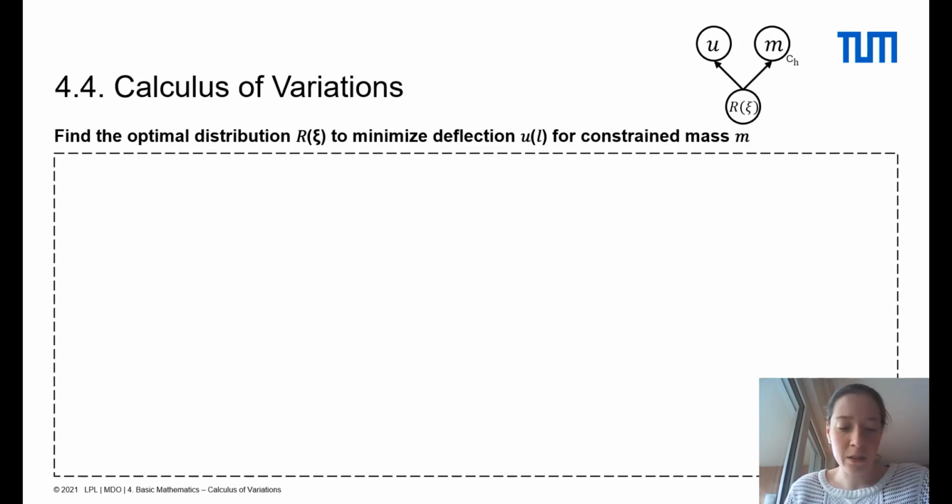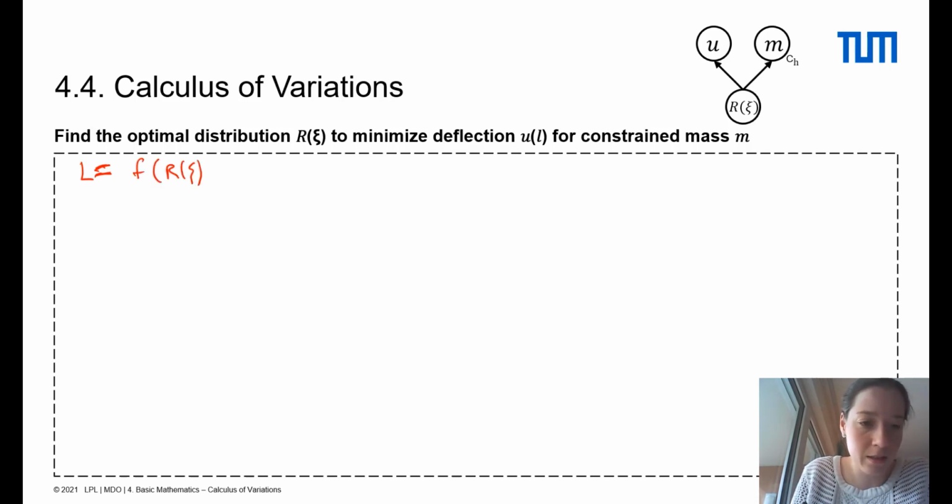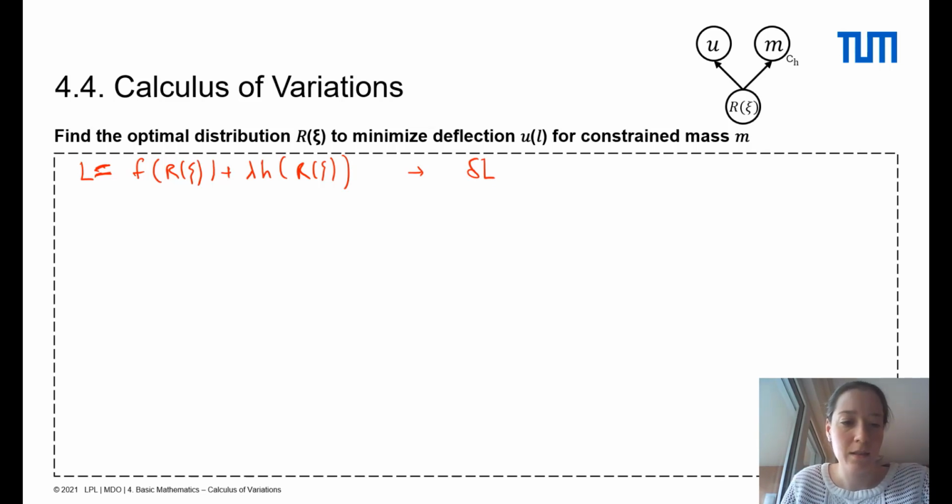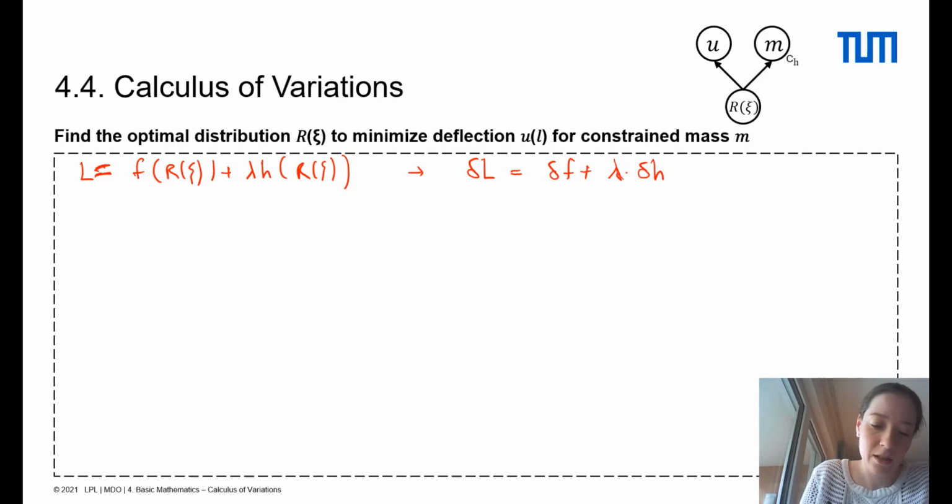How do we find the optimal distribution? Well, we got our Lagrangian. Our Lagrangian is f of r of xi plus lambda times h of r of xi. And we want to build the delta L, which is basically delta f plus lambda times delta h. So first we compute delta f,